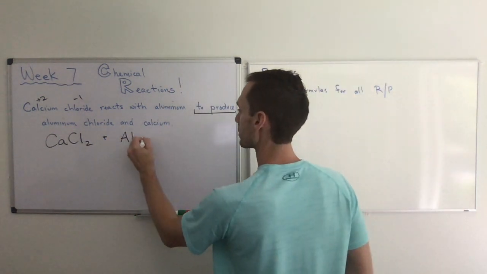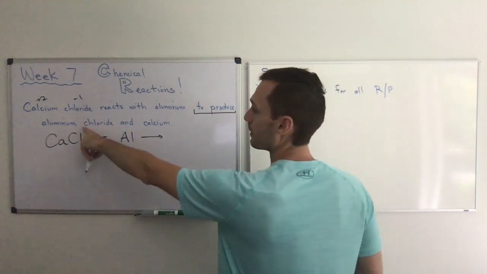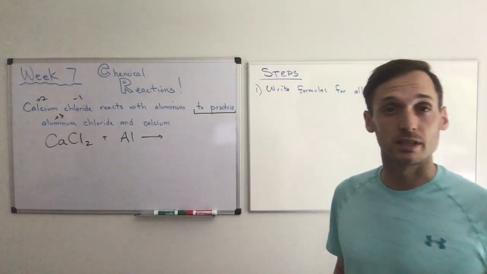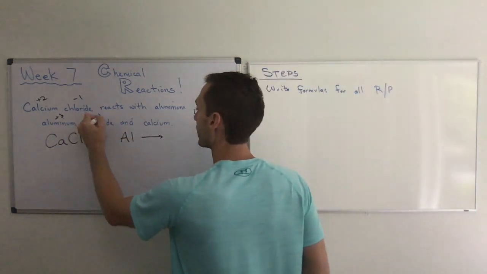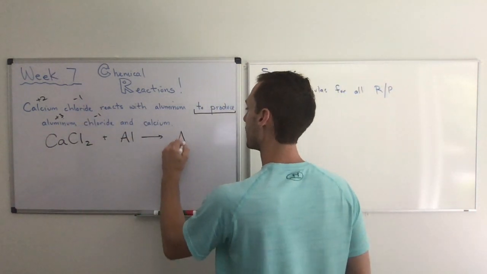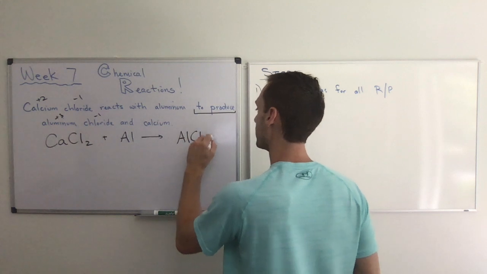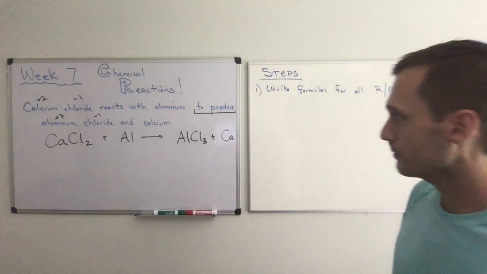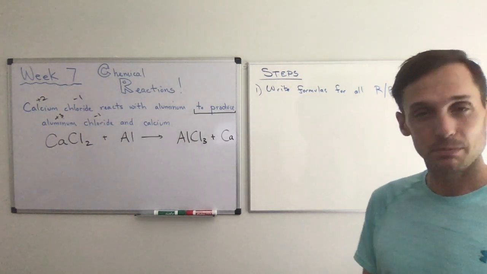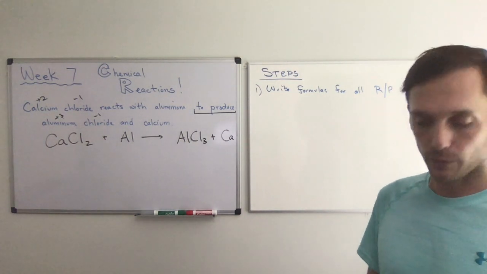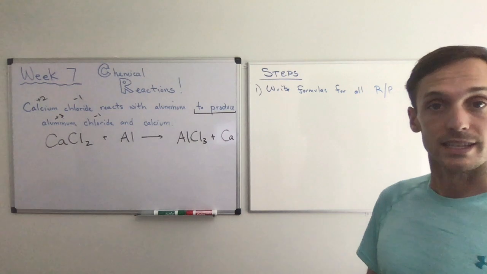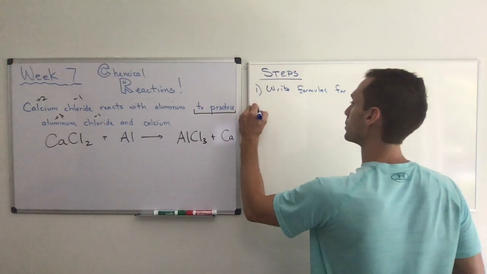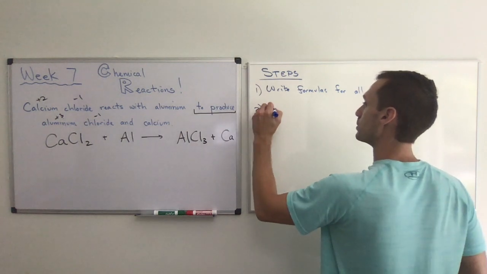To produce, so we put our little arrow, and then aluminum chloride. Aluminum, if you look on your periodic table, is +3. Chlorine, again, is -1, so we would need AlCl3 plus calcium, Ca. Okay, so that's the first step. A lot of times this step is already done for you, but just in case it's not, you will have to do that first. And then number 2, you want to count